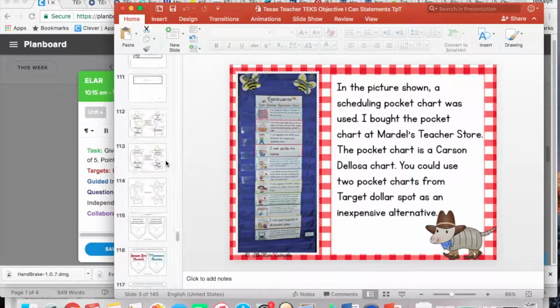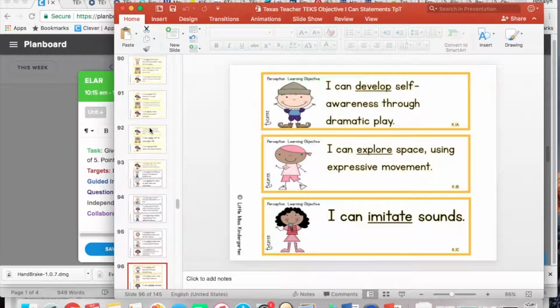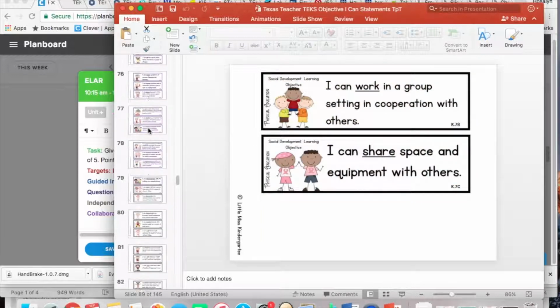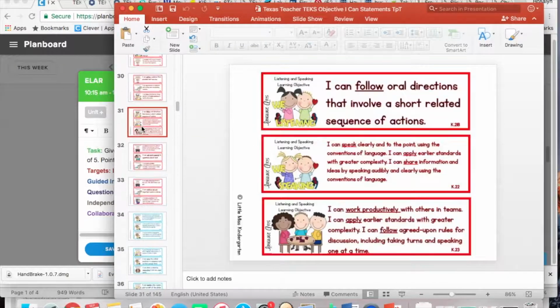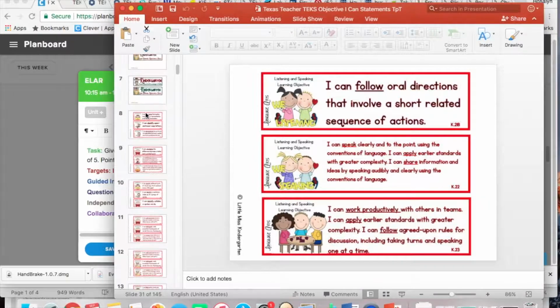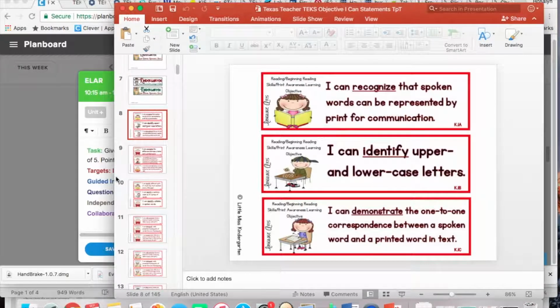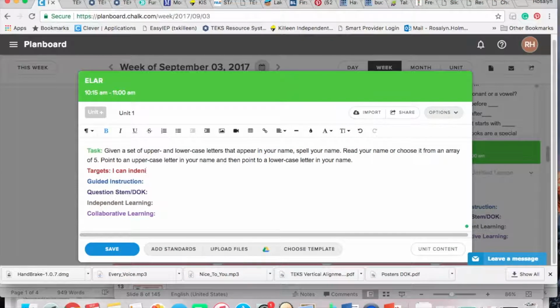And it has all of my kindergarten TEKS objectives, which is the ones I mostly use for my students. First grade, I just look up on my own. I teach 1st through 4th grade, but most of my kids are 2 and 3 grade levels behind, so they're in a self-contained class. So after I find the target,